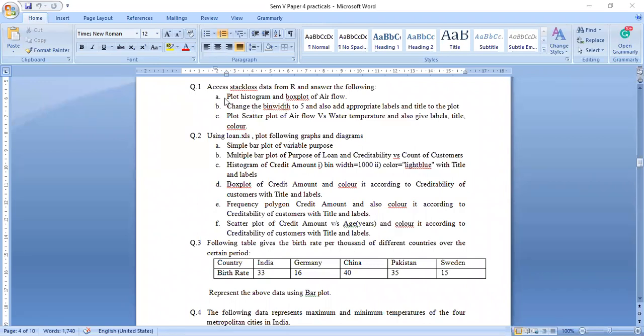I'll repeat once again. The stack loss data is from R, which means the data is inbuilt. We are not going to import any data from outside. The data is inbuilt in R. Then you have to plot a histogram and a box plot of which variable? Airflow. And you have to change the bin width to 5. You have to add labels, you have to add titles, and we can do many things based on the